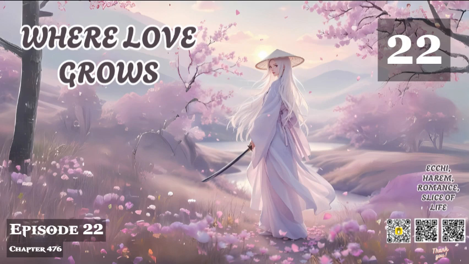Do you think we can move here after we retire? Looking back at the town that was getting farther and farther away, Director Liu suddenly said to the person next to him, If this were a small town in the country, then it wouldn't matter if we came here, but the problem is that this is a foreign country, so this is destined to be impossible. Hearing his companion's words, Director Liu couldn't help but be stunned for a moment. Then he laughed. He knew that his companion was right. This is the United States. It's not a place where you can settle down after you retire.